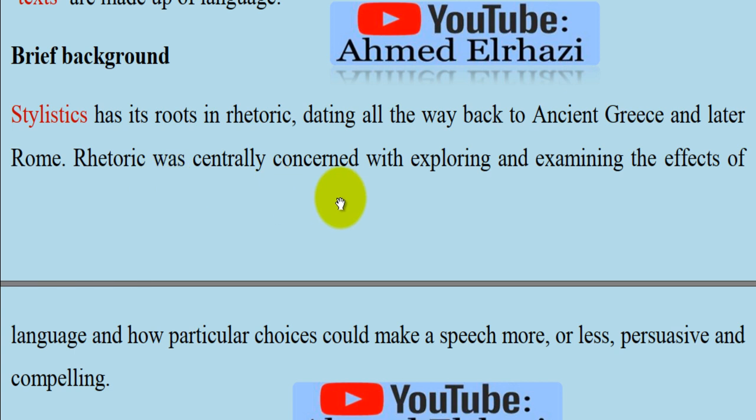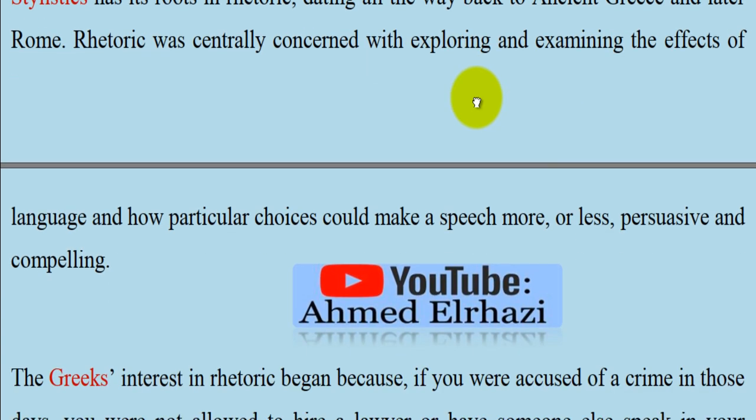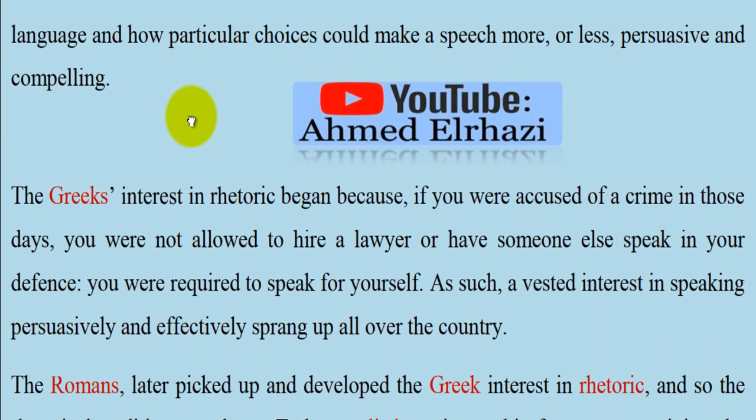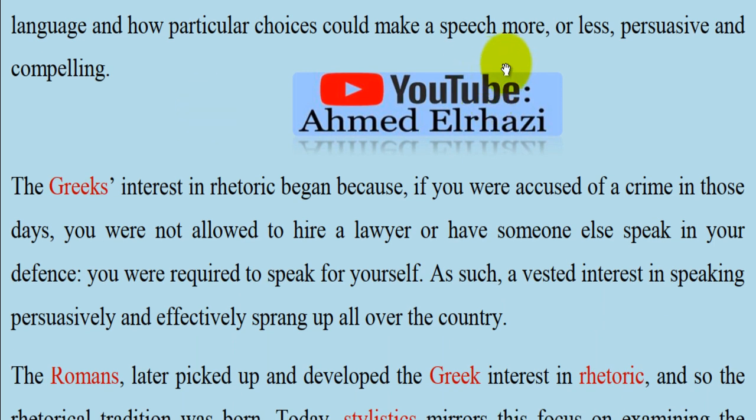Rhetoric was centrally concerned with exploring and examining the effects of language. يعني الغاية منه كان تتركز على الاكتشاف والexamination تاع التأثير ديال اللغة, and how particular choices could make a speech more or less persuasive and compelling. وكيفاش هذاك الاختيار, واحد نوع من الاختيار تاع دوك الكلمات تقدر يخلي واحد الخطاب قوي او اكثر اقناعا او لا